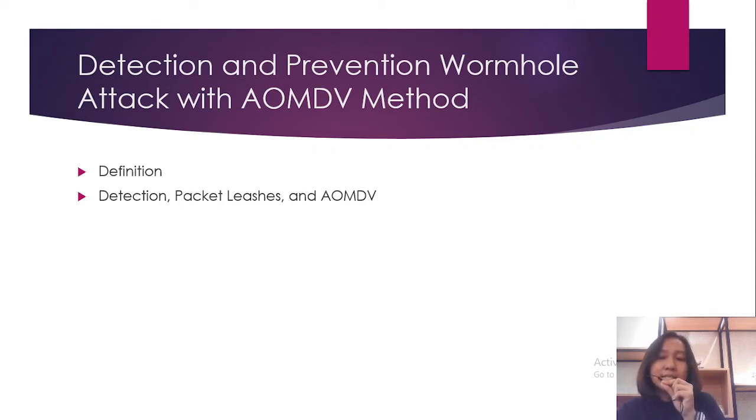To detect wormhole attack is using packet leashes method. The method of avoiding packages goes too far from the radio transmission range. Wormhole can be detected from delays or geographical locations. AOMDV or ad hoc on-demand multipath distance vector via an NS2 simulator. No hardware is used